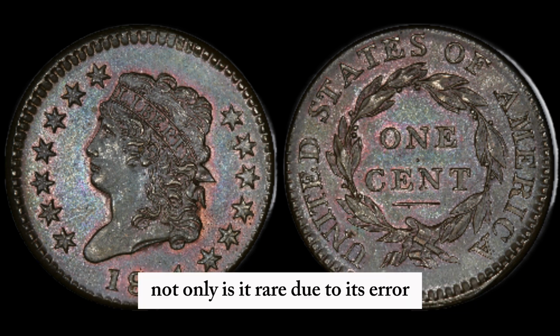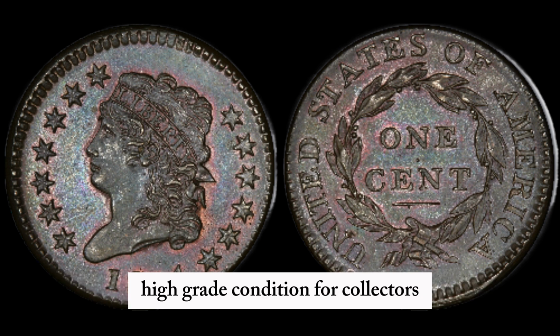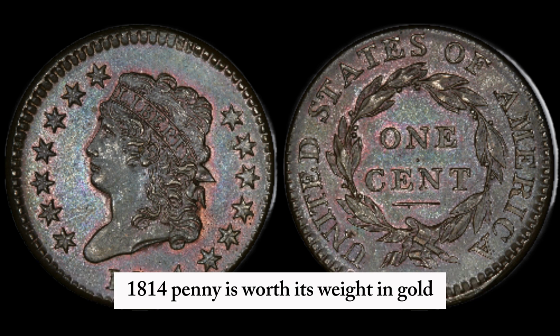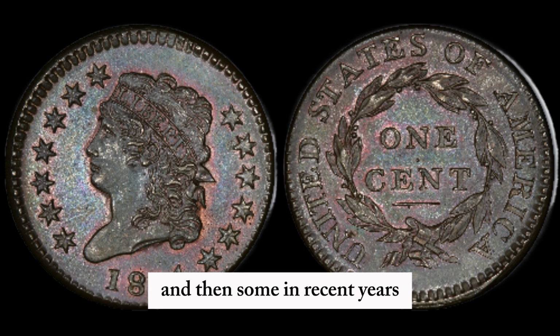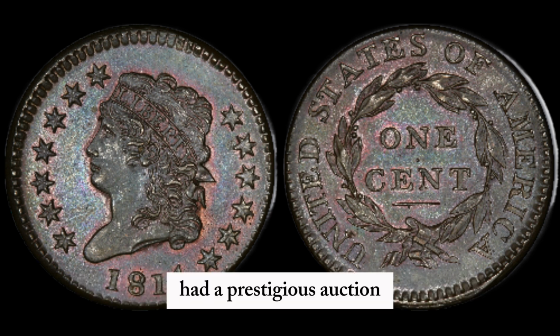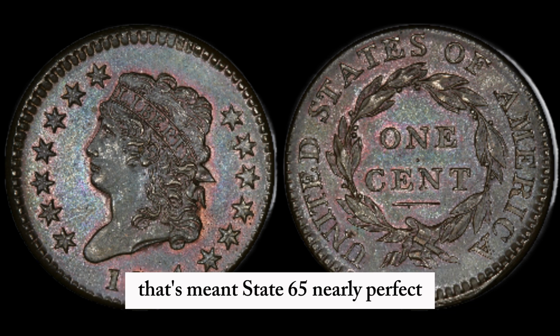Not only is it rare due to its error, but some of the surviving specimens are in incredibly high-grade condition. For collectors, condition is everything, and a perfectly preserved 1814 penny is worth its weight in gold, and then some. In recent years, the demand for this coin has reached fever pitch. At a prestigious auction, one of these 1814 pennies in MS-65 condition, that's mint state 65, nearly perfect, sold for